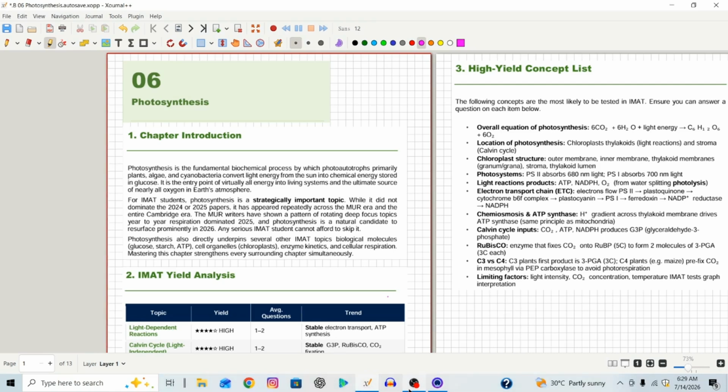Hello everyone, today's lecture is going to be about photosynthesis. In our last lecture, we discussed respiration and all of the topics related to respiration, and today we will